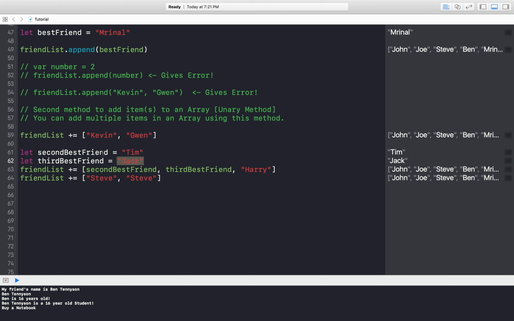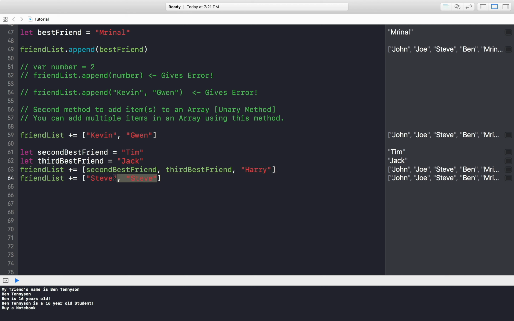So these both are string. And then we added the value of these variables to our array using the unary method, and we also added another item which was not a variable or a constant,